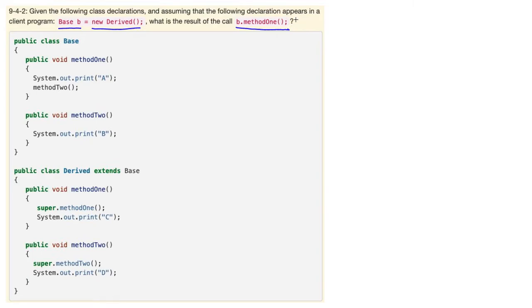So there's two things that happen when this method gets called. The first thing is that Java looks at the type of B and says, all right, B's type is a base variable. So that's its variable type. And so what Java first does, it goes, all right, let's look at base objects. Do they support a method called method1? And it does. So that means this method is a legal call, and Java will proceed with evaluating what the